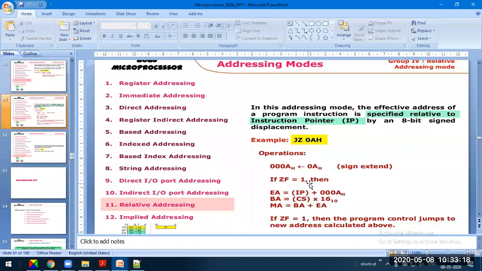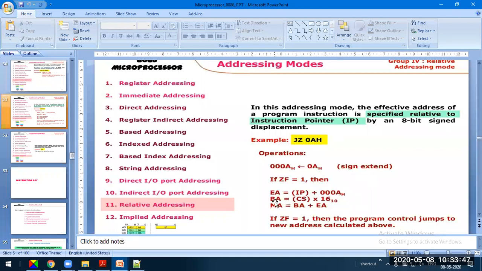If the zero flag is equal to 1, there is a jump. JZ means jump if the zero flag is 1. If it is 0, no jump is taken. To take a jump to the target address, the target address is generated using the physical address, which is obtained from the effective address and the base address. The effective address is the sum of the instruction pointer, which is 16 bits in size, and the 8-bit displacement, which is converted into 16-bit data after sign extension.